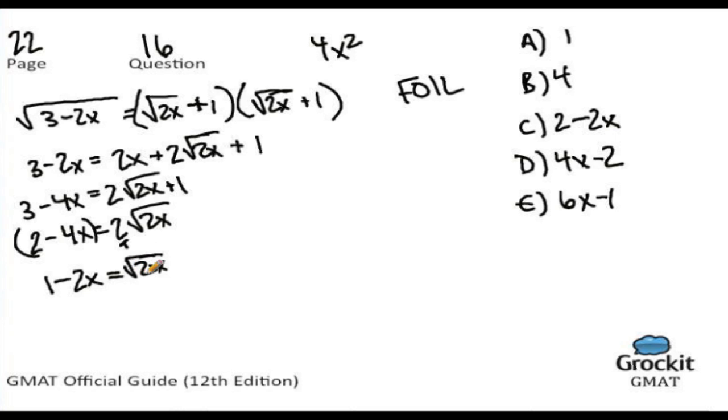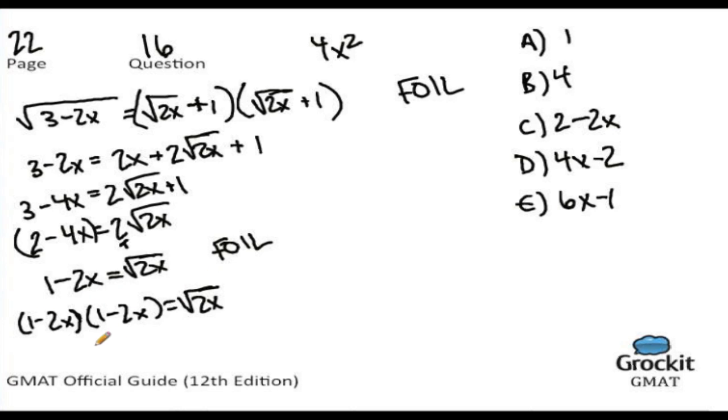Now it's time to square both sides again, and we're going to have to use FOIL again, curses, foiled again, to multiply the left-hand side of the equation this time. So this is really 1 minus 2x times 1 minus 2x equals that square root of 2x. Now we square both sides